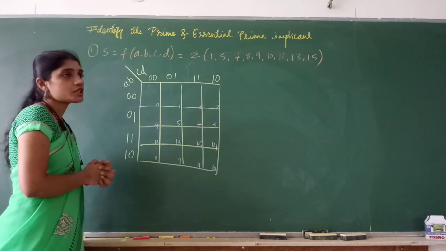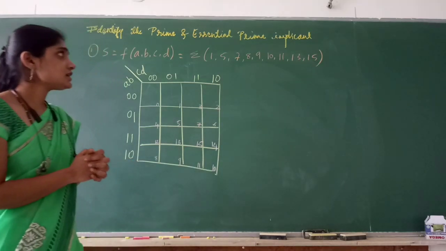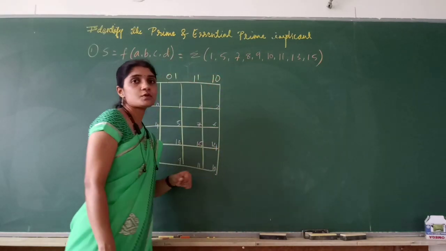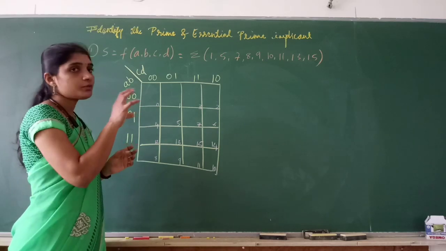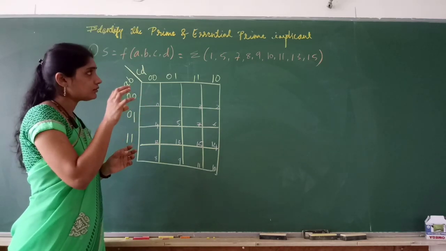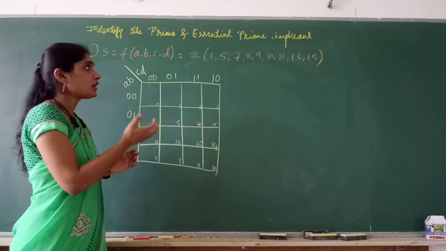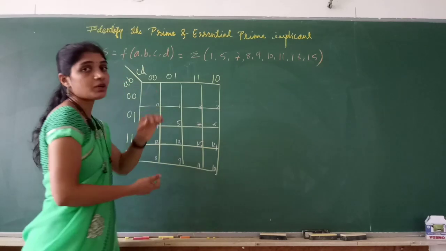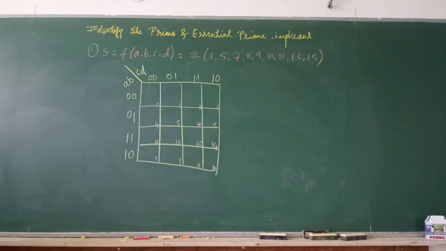So what are essential prime implicants? At least one min term should be unique, and these are the prime implicants we will include in the final switching equation, that is, the simplified equation. Correct? So whatever product terms we have, those will be EPIs, essential prime implicants, and all the possible larger groupings will be the prime implicants. Let us solve this problem. You will come to know what exactly is a prime implicant and an essential prime implicant.